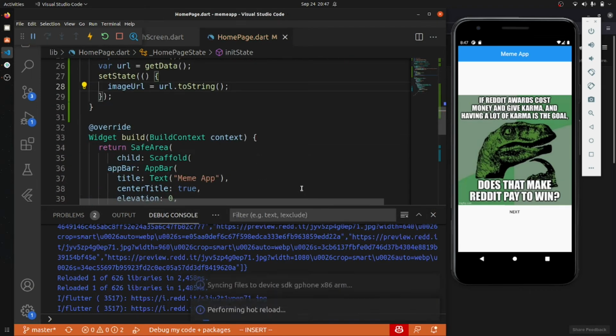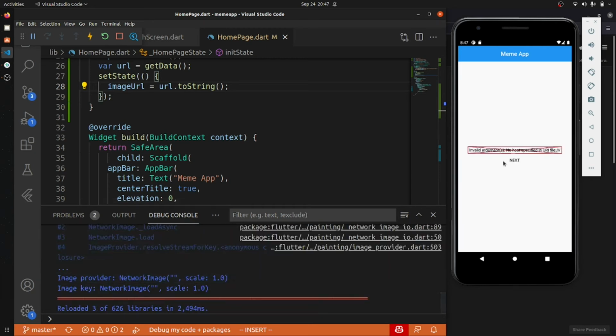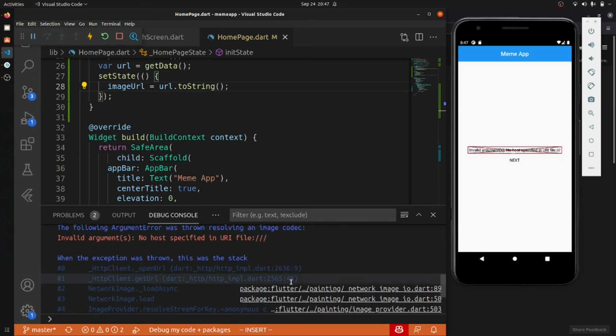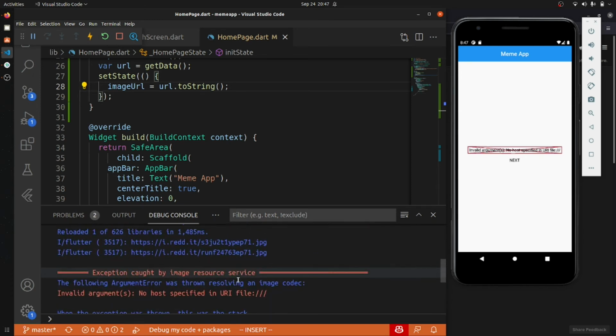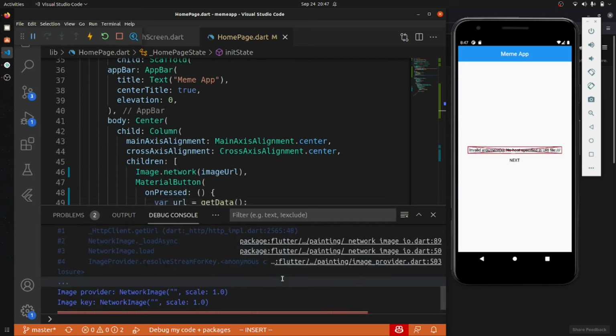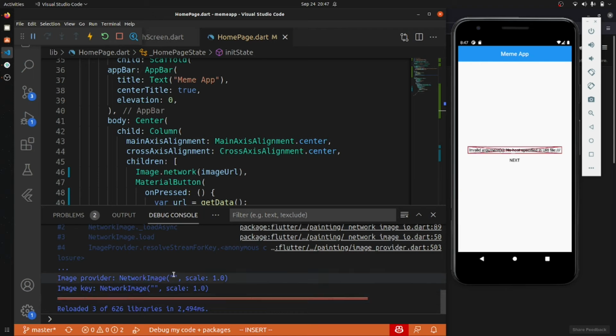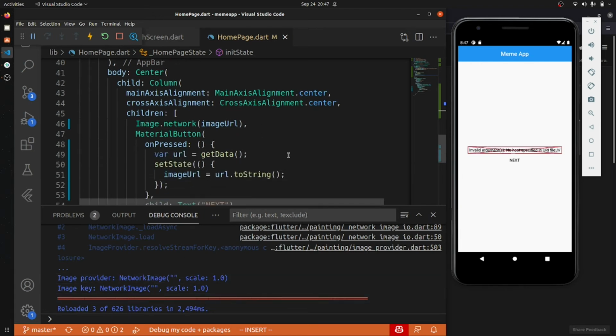So if I run it, let's see what happens. Okay, so we got some error. Why did we get an error? No host. We are not getting any of this.